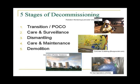Dismantling, the third stage of decommissioning, really is, as it says on the tin, about dismantling, size reduction, decontamination, getting rid of all the stuff in your facility, good waste management. Probably really the thing that people think of when they think about decommissioning. Maybe you've got people in pressurised breathing suits. I've got a photo of that in the bottom corner. Really challenging environment, but I think when I talk to people about decommissioning, that's a bit that they think it's